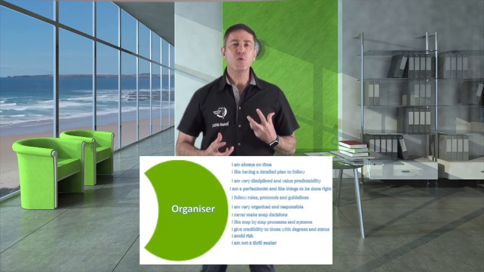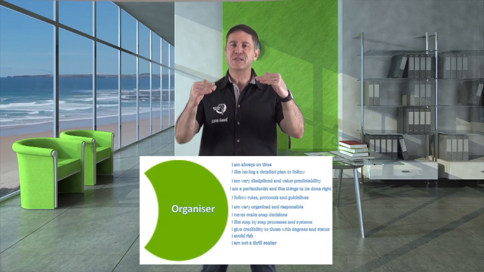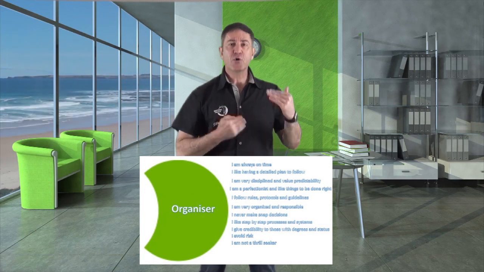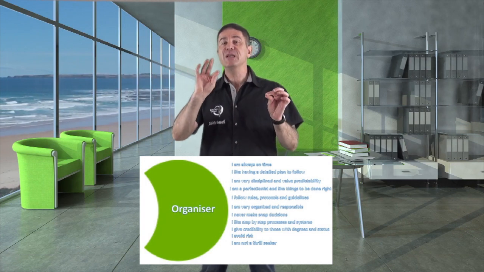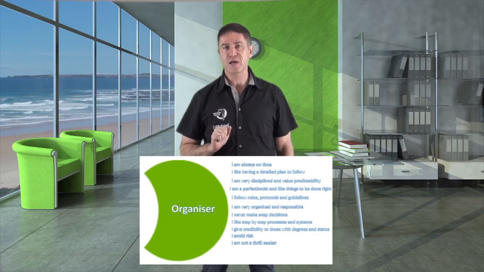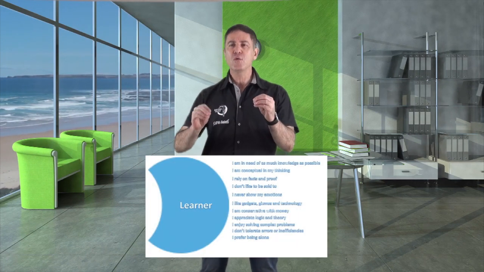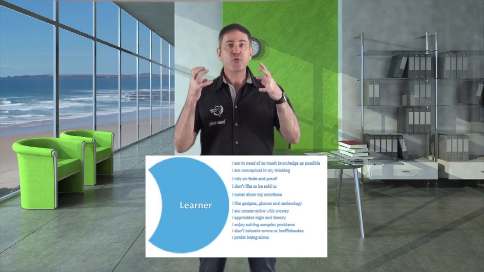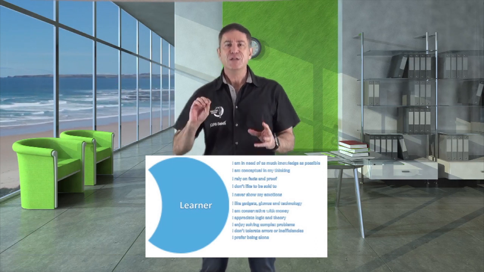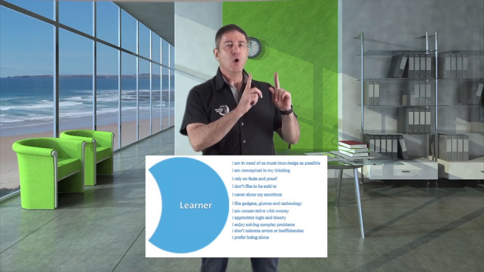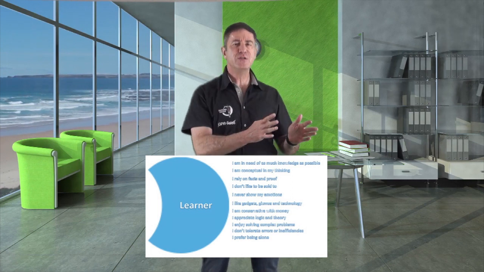Then, of course, the organizer personality is always about checklists, systems, and methods. So our questions have got to be related to what systems, what methods, what processes would be ideal for an organizer type personality. And when we talk to a learner, a learner is all about knowledge, all about getting as much information as possible. In fact, they want data sheets. So you want to be asking questions around what information do you need? What support do you need? What knowledge do you need? What data sheets do you need?